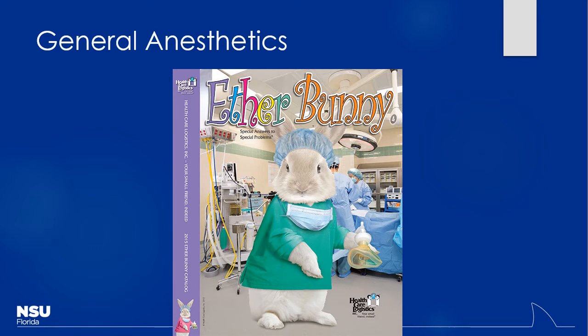And of course, I have a strong love for this stuff. My dad's actually a nurse anesthetist. He had a T-shirt we got him one year that was the Ether Bunny, if anyone's familiar with The Far Side. And again, I'm nothing if not my own father, so this is where a lot of my humor comes from. Anywho,